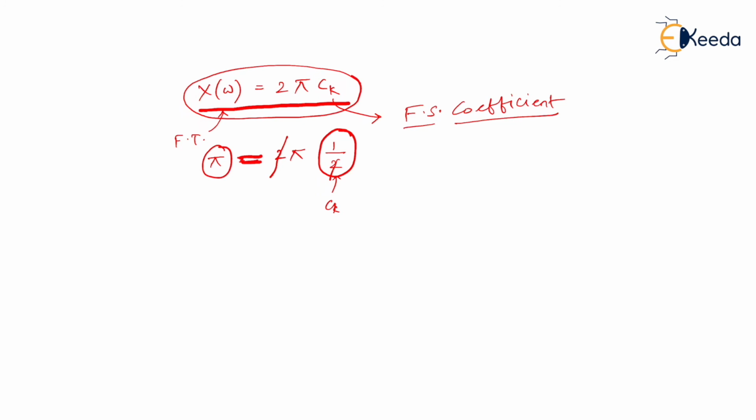Is that right? So this is how we compare a Fourier series coefficient with a Fourier transform. By using this relation, for example, if you have a Fourier series for a particular periodic signal, and you want a Fourier transform for that periodic signal, then you don't have to really go through a longer procedure. You can get directly a Fourier transform for a given periodic signal by using this relation if you know the Fourier series coefficient for that signal, right? So this was the only motive to tell you the relation between a Fourier series coefficient and a Fourier transform.